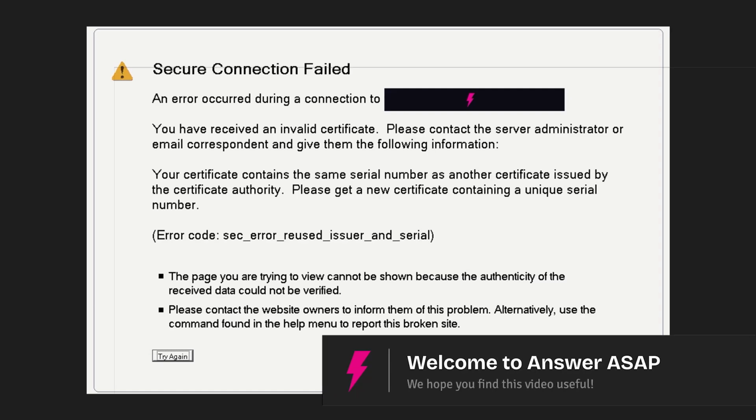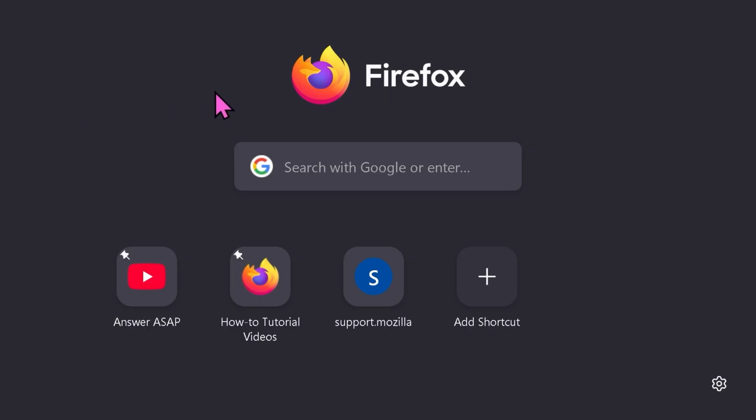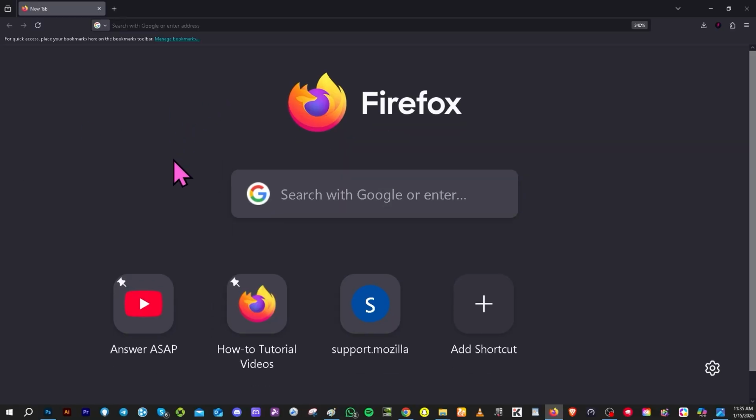In today's video, we are going to show you how to fix the secure connection failed error in Mozilla Firefox. Let's begin. Now, the first thing that we need to do is to check the date and time settings, because